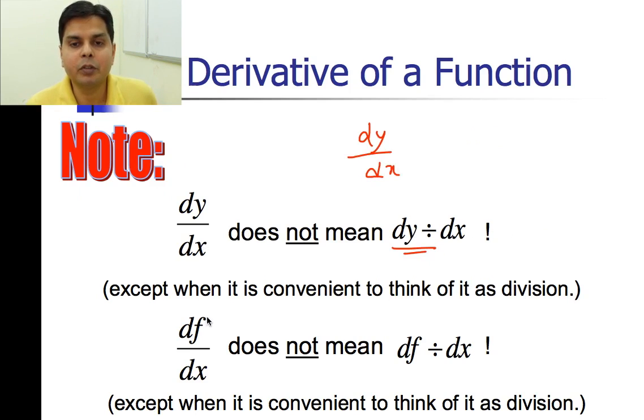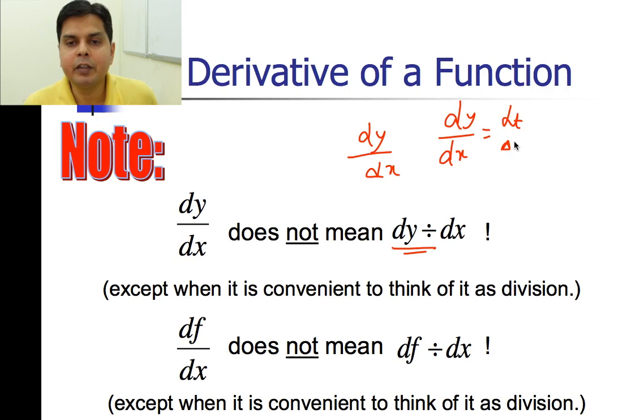Except when it is convenient to think of it as division. In certain rules of differential coefficient, like for finding chain rule or some product rule, sometimes we interpret dy by dx as dy divided by dx just for the sake of understanding, but dy by dx does not mean dy divided by dx. Let's make it very clear, this is not same as dy divided by dx. In fact, you see dy by dx